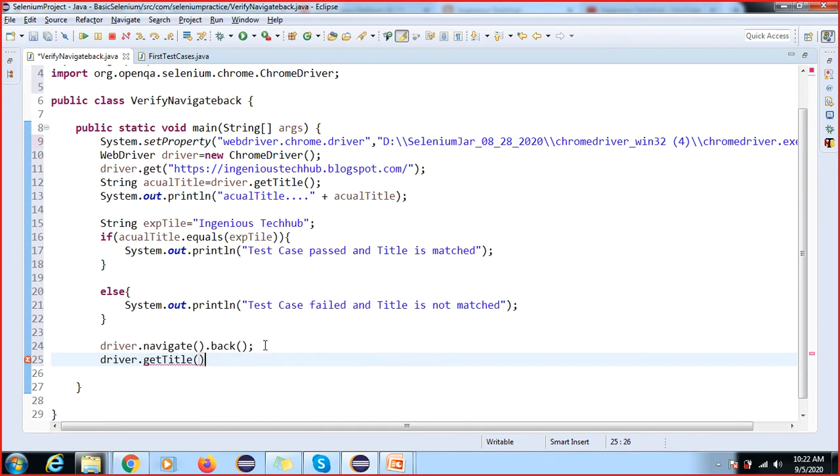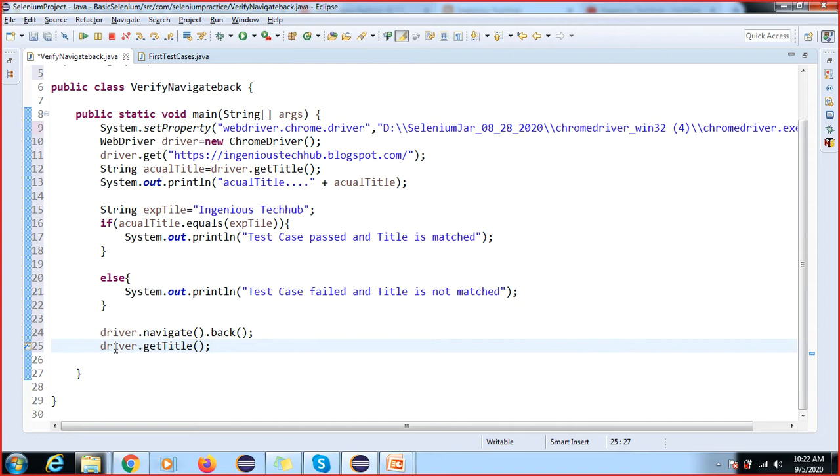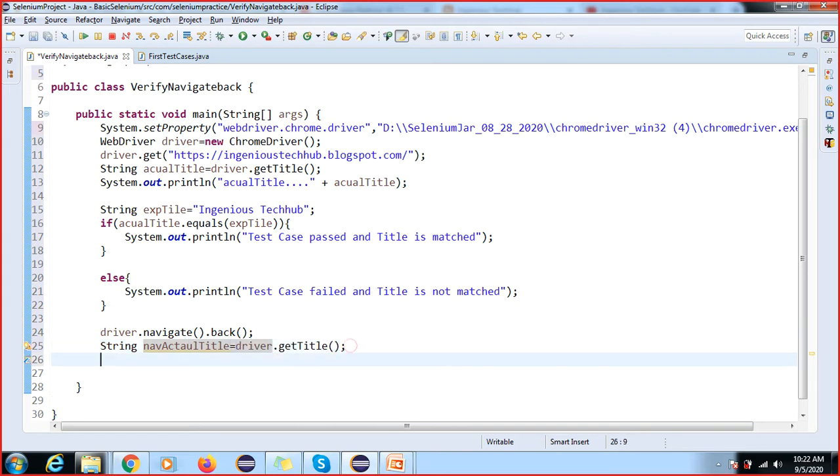I will take the get title and store it in one variable, navigate actual title. Spelling might be wrong, so leave that part. It is a string, so let's see what the title will come.